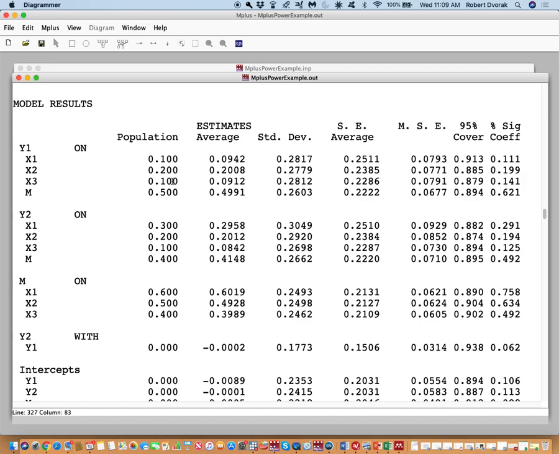Note that these are all small effects, right? And if your effects are small and your sample size, what was my sample size? 20. If your effects are small and your sample size is small, you're not going to have very much power, right? And that's exactly what we see. If your effect size is large, even with a small sample size, it's going to suggest that your power is a little bit more. Of course, what do we want this final column to be at? Yeah, we want it to be 0.8 or higher, right? So none of these, we have some x1 on, it's a huge effect size, which is probably completely irrational, but